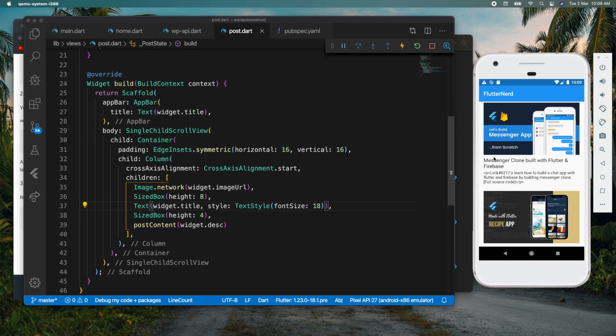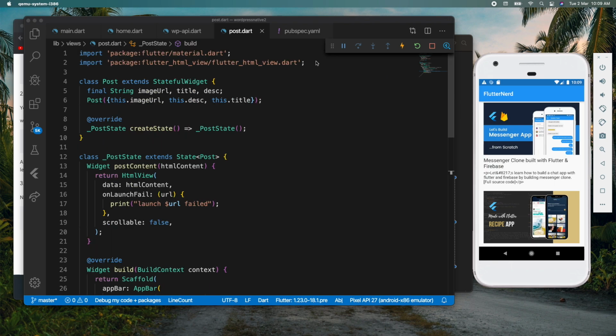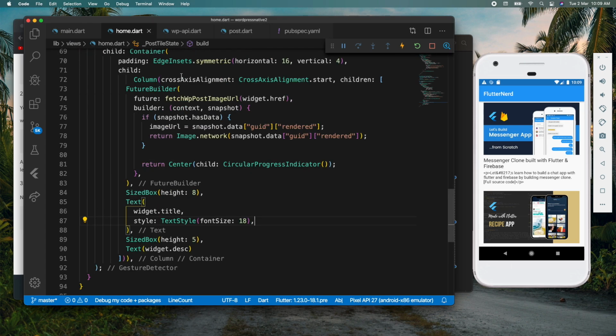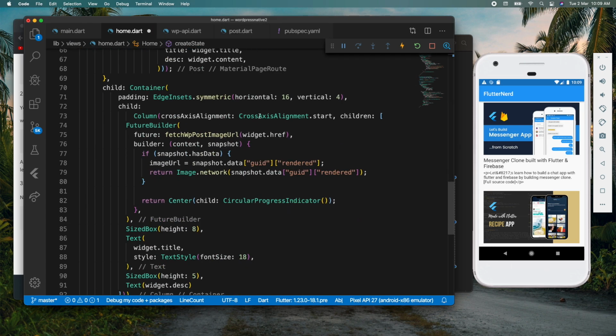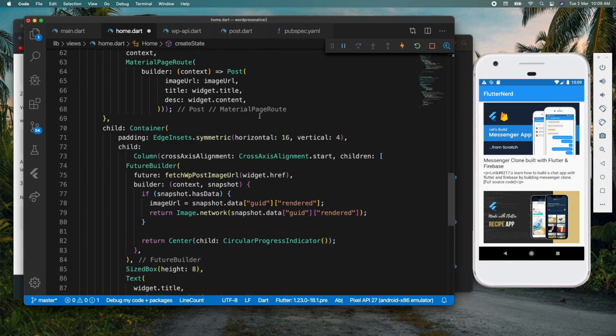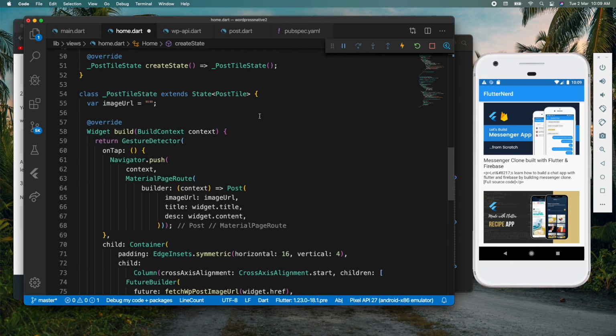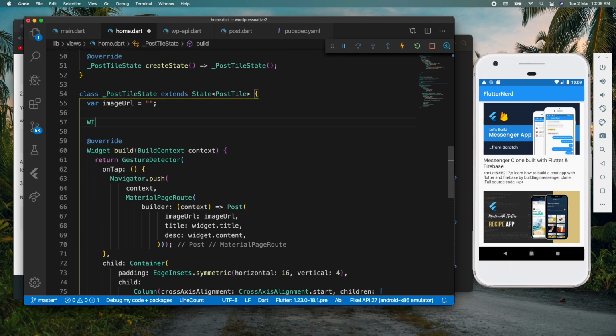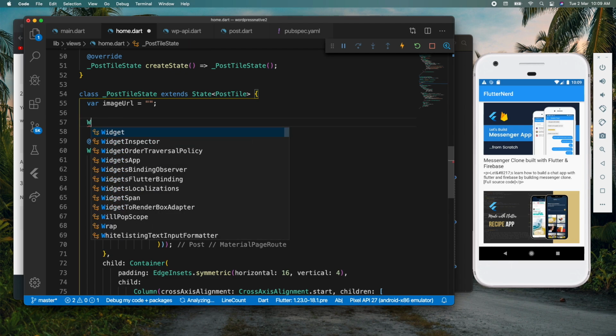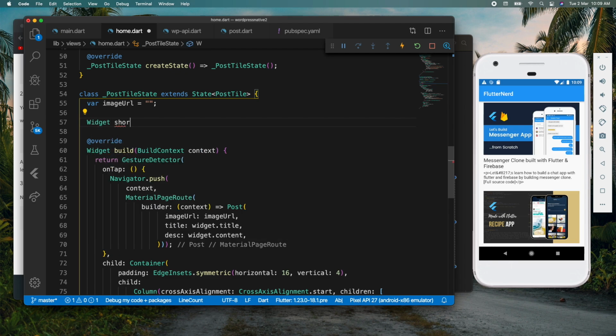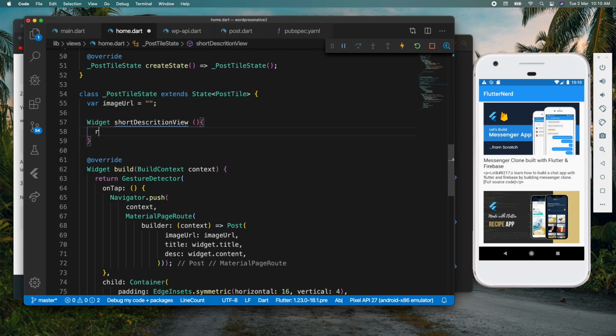Let me just quickly fix this as well. We will use the same. Okay, we will use the HTML view. So I'll just go in the home, paste it there, and I'll create a widget inside over here. I'll just say widget, and I'll call it short description view. Okay, and over there what we will do is, I'm just going to return